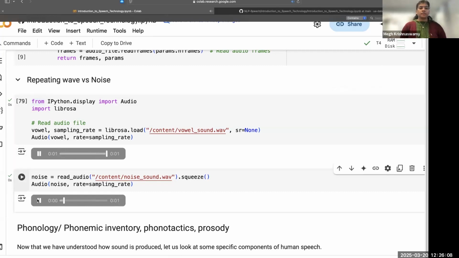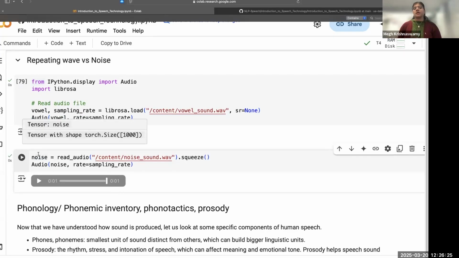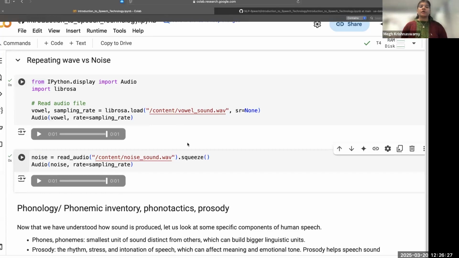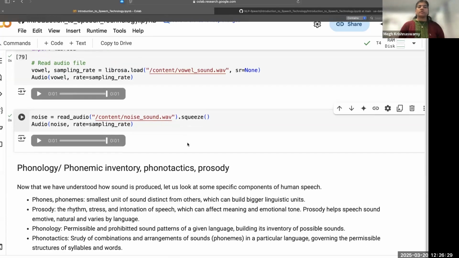So if you play both of them, you'll notice that the vowel sound tends to be a flat, straight tone. When it comes to the noise sound, it almost sounds like someone is blowing air into a microphone. And so this distinction between noise and signal is going to be very important for any further discussion of speech